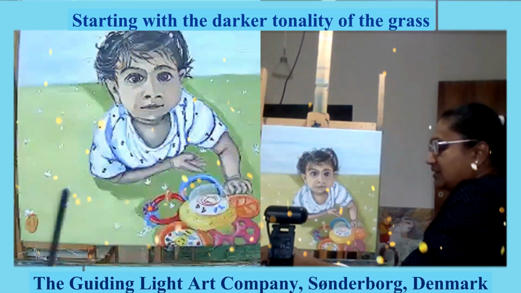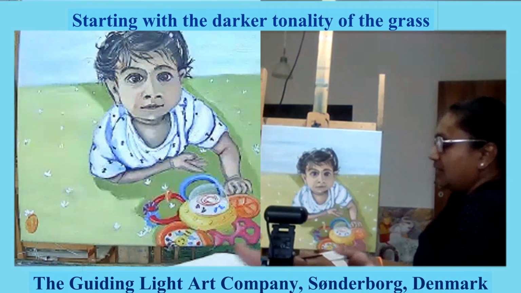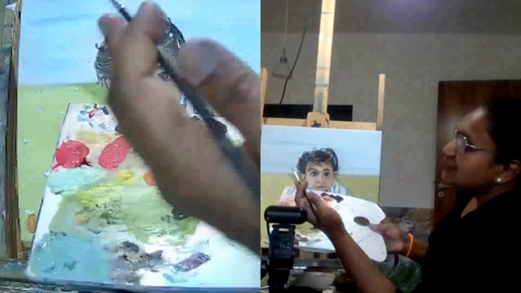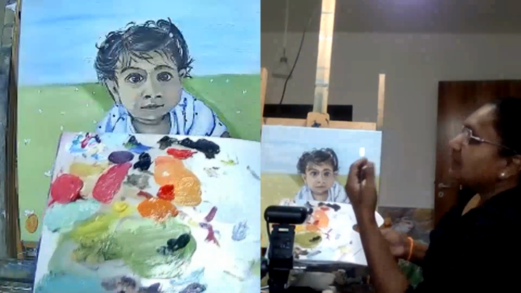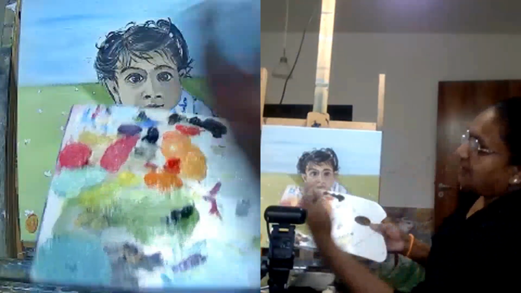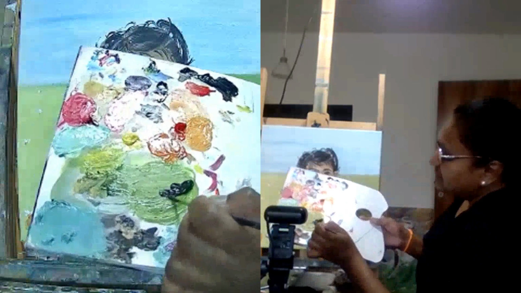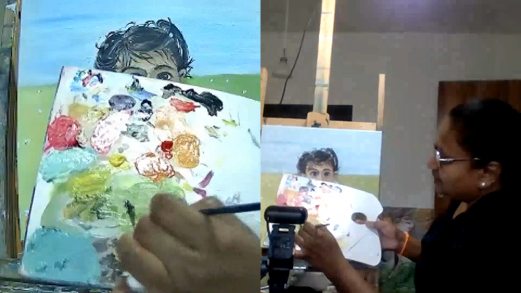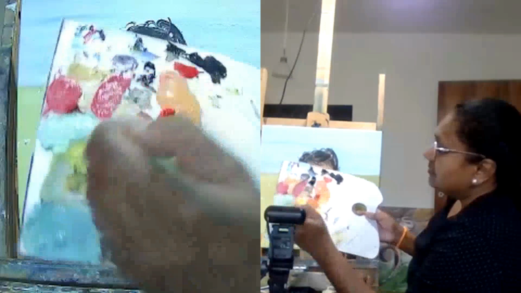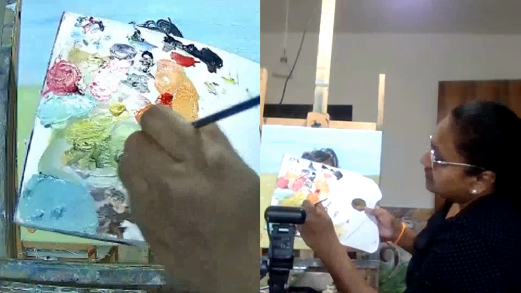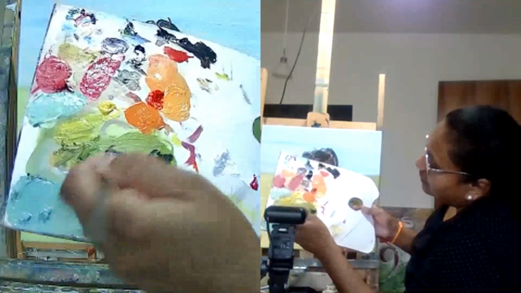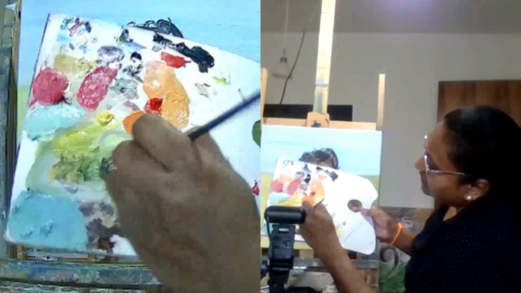I'm going to get started with the darker version. So what I'm going to do, I would love to start with dark to light. I think you have seen that in some of the classes already. So I want to show how I work from dark to light. So let me take the green a little bit here. Yeah. So I've taken it, and I guess I will take a bit of this brown to mix it and build slightly the darkest form of green. It might look close to the brown. So I want the darkest form.